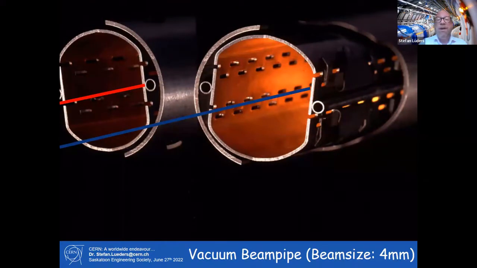You can see the beam pipe. It has 2 different pipes which are attached to this, the small little tubes on the left and the right-hand side. This is where we flush this with liquid helium to cool down the beam pipe, because the beam pipe itself is heating up due to the synchrotron radiation of the accelerator. If you don't know what synchrotron radiation is, maybe you should have asked the question, who of you has an accelerator at home? Somebody?